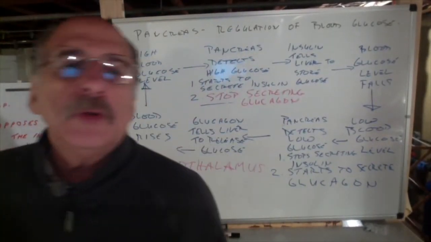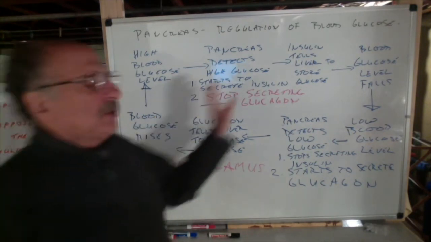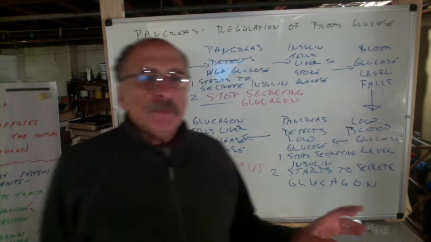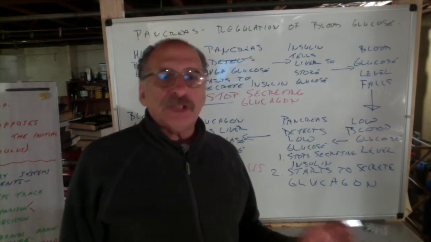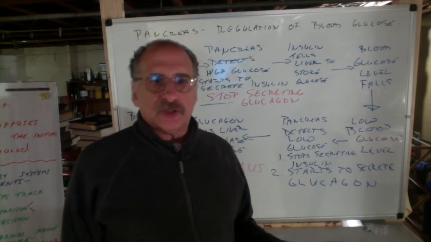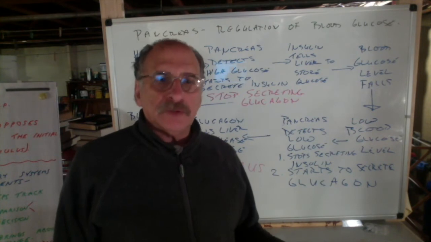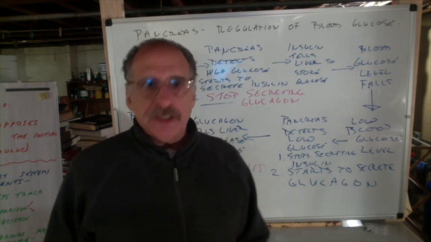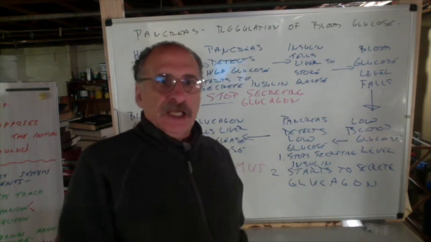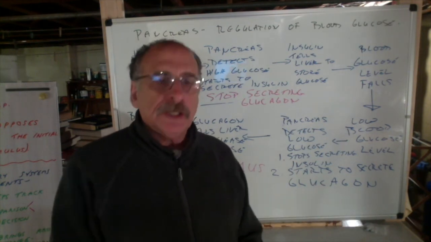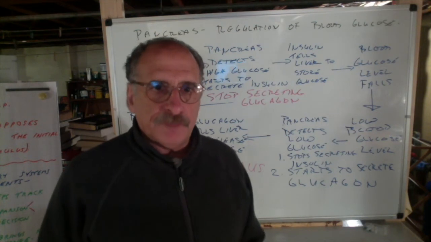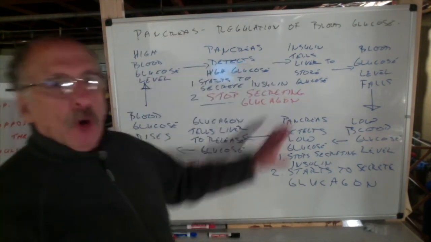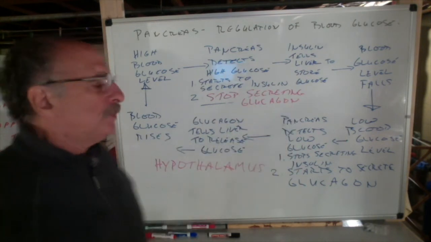Now, because it's a loop, this may seem complicated, and it is a little complicated, but it's not that complicated. So if you're a little discouraged in terms of feeling you may not be understanding it based on what I just said, then just set that aside and start paying attention again, and it should end up making sense to you. I'm explaining why this is a negative feedback loop.